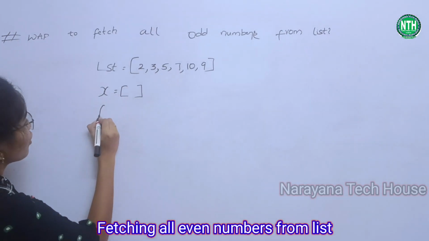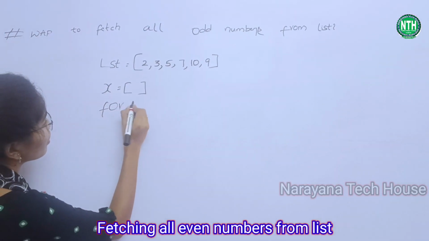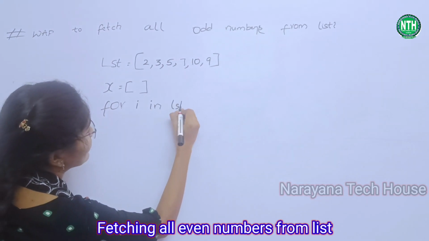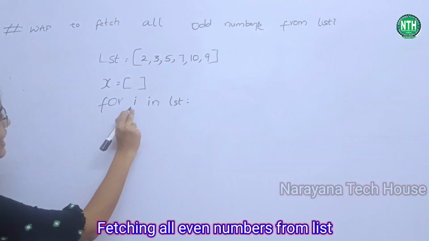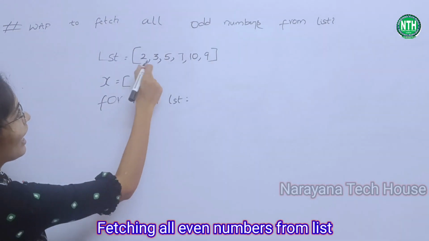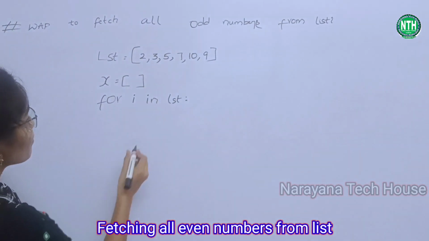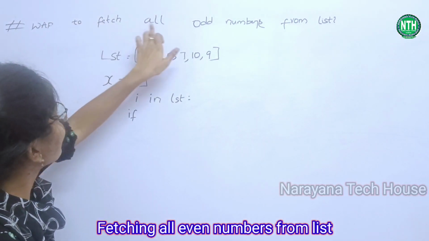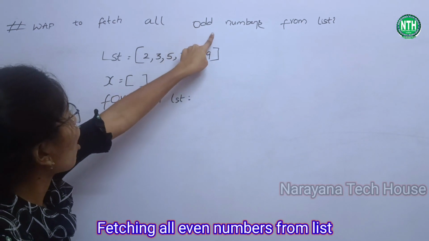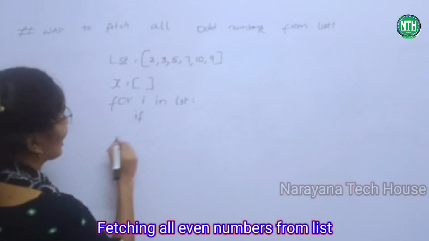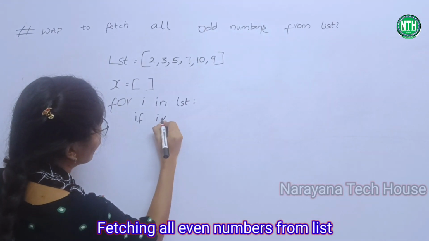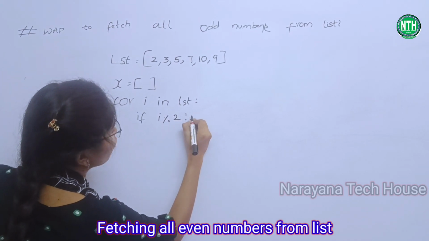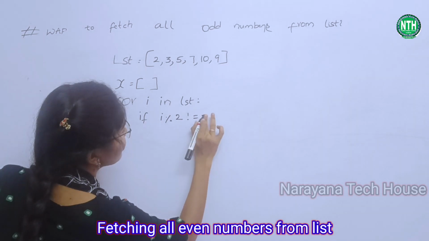Now I am taking a for loop. For i in lst. Here i is the iteration variable, and each element will be processed here. And now I am taking the condition. The reason I am taking this condition is that odd numbers are there. So the condition is i